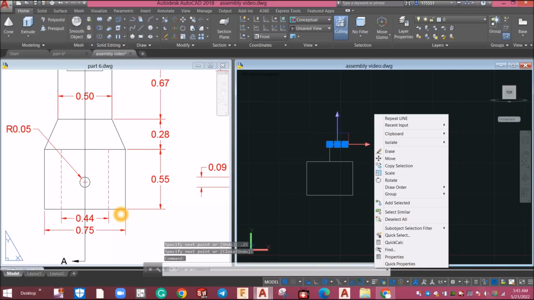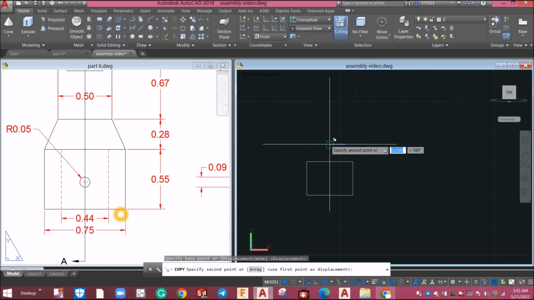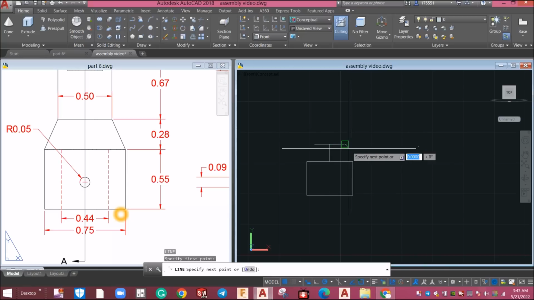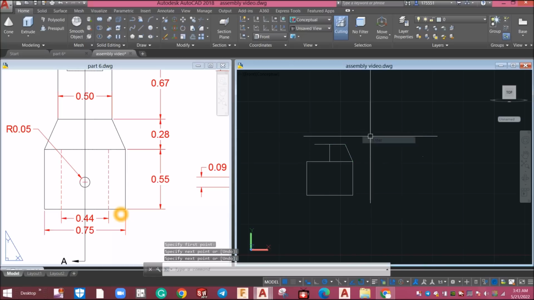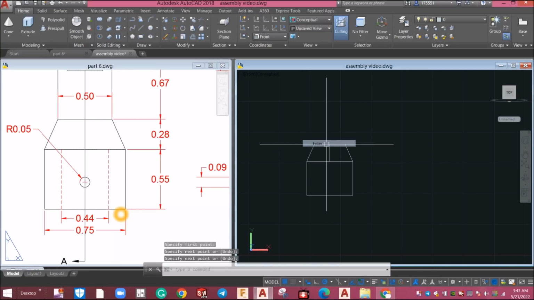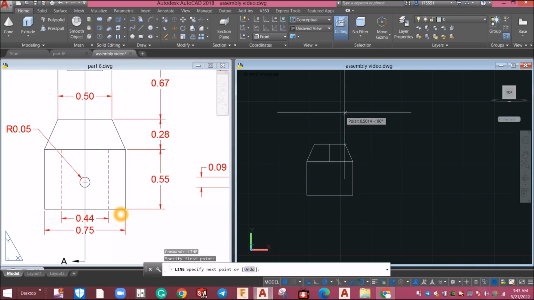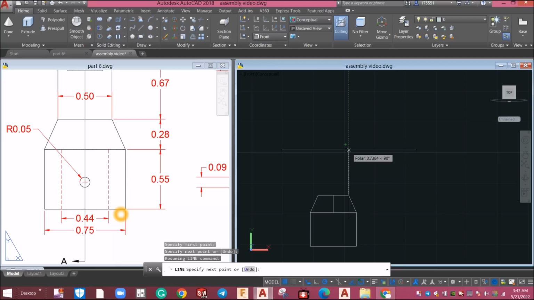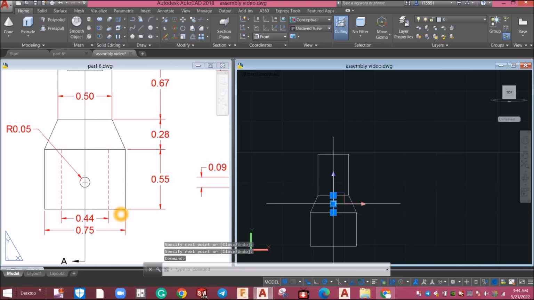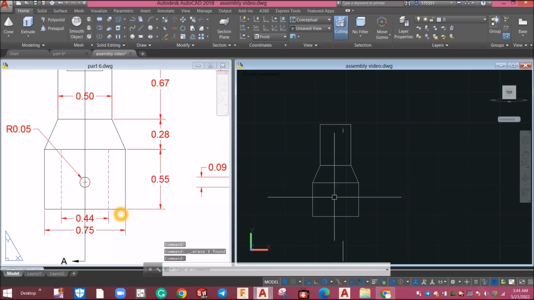I'm just gonna copy this one and draw a line, endpoint to endpoint, endpoint to endpoint. Draw another line upward for 0.67. I'm just gonna track endpoint. I can delete this one. Now I'm gonna bring my drawing to southeast isometric